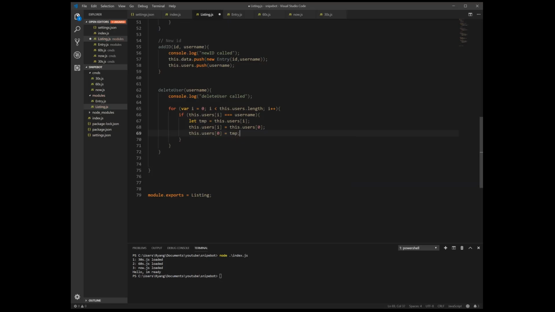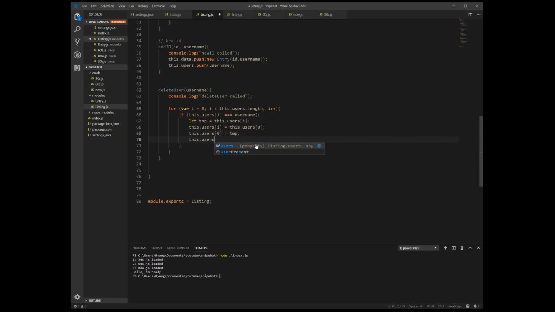So what we did right here is kind of a switch. So this one is usually equal to obviously its own username, and then username 0 has one as well, but we switched them around so that I can remove the first one in the array, and this one is still saved correctly in a different position, which doesn't matter in the order. So to remove the first object in an array, you have to shift it out.